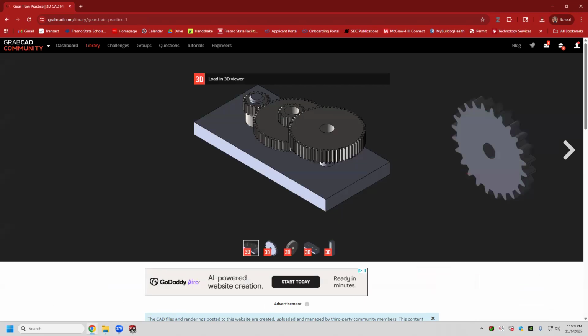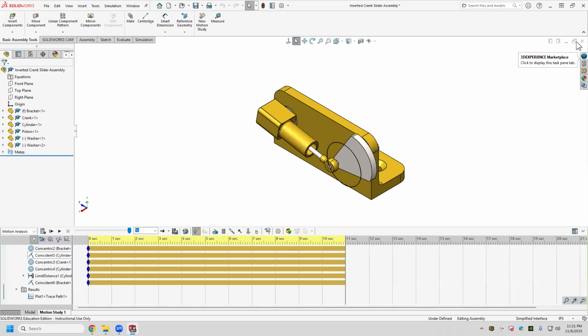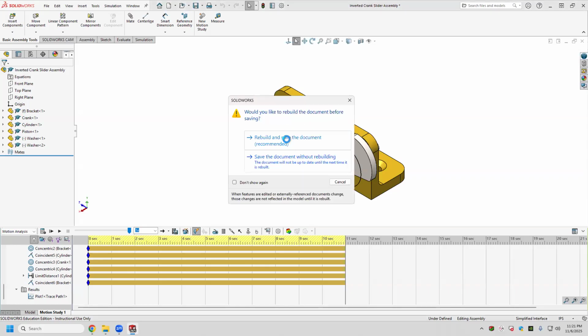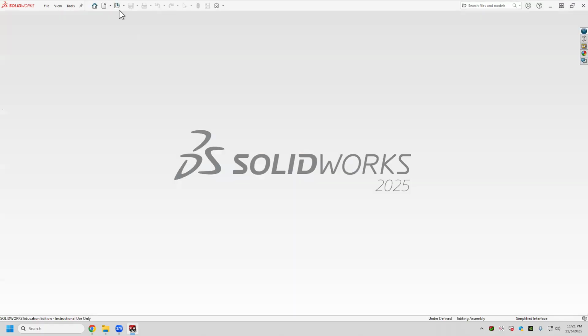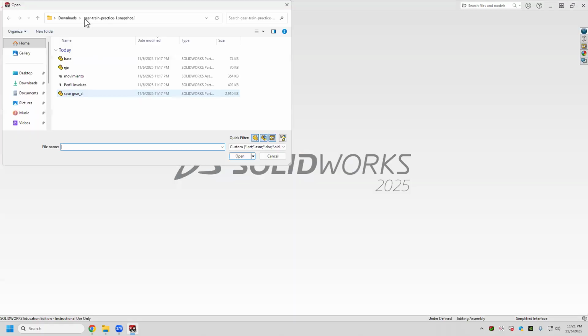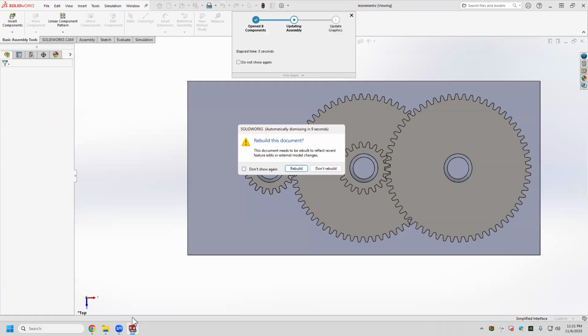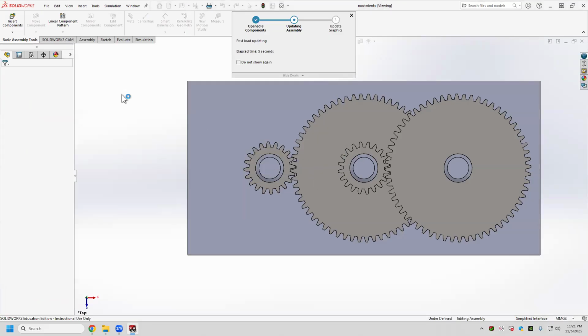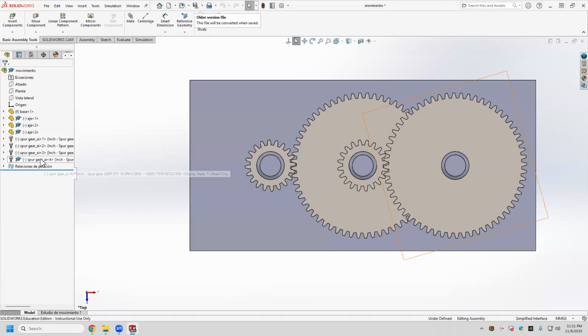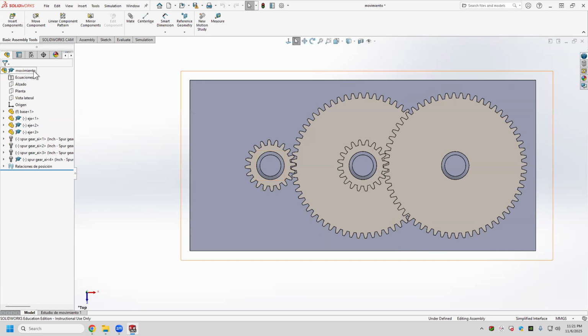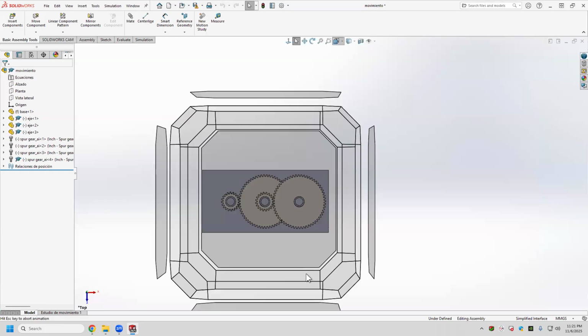So now I can go into SolidWorks. Let me close this one. Go into SolidWorks, open up the files that I downloaded, and open up his assembly. It's interesting because I guess his files are in Spanish, so it changed all of SolidWorks into Spanish, or at least the naming that he had is in Spanish. I thought that was kind of interesting. But I was looking at his gear set,